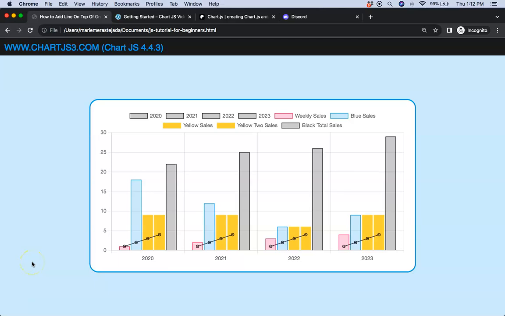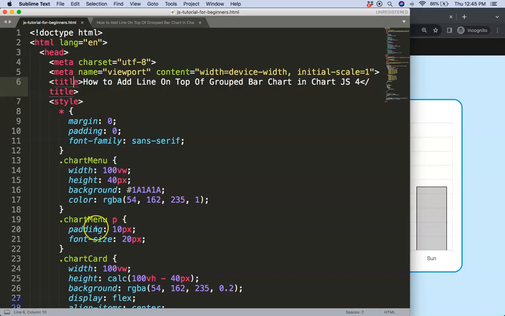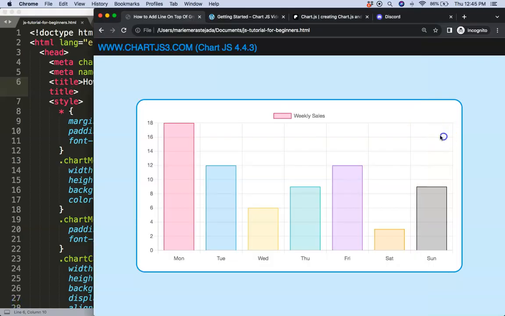In this video, we're going to focus on how we can have a group bar chart set all together and then have these lines on top of it. And there will be a part 2 on this video. So to do this, the first thing we'll be needing is our boilerplate, which you can find here